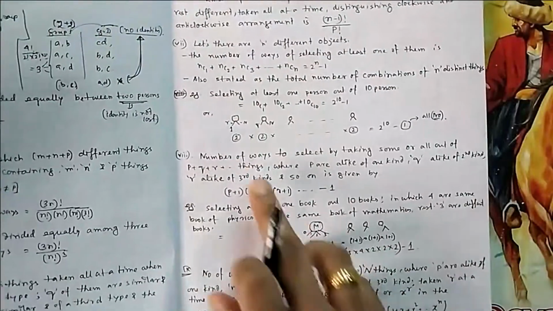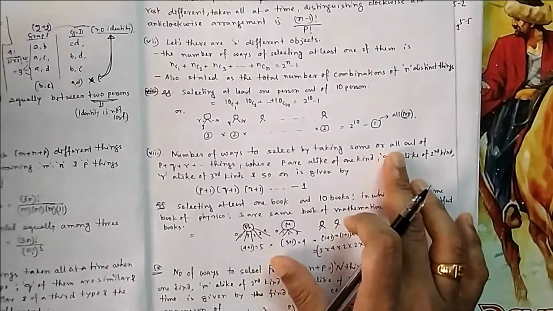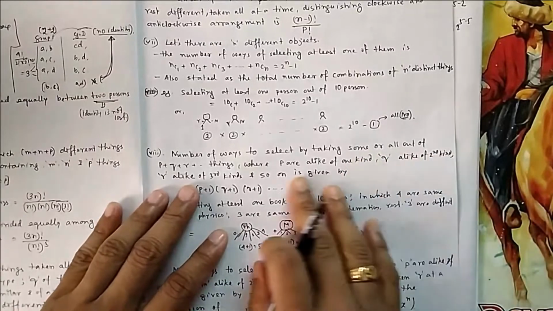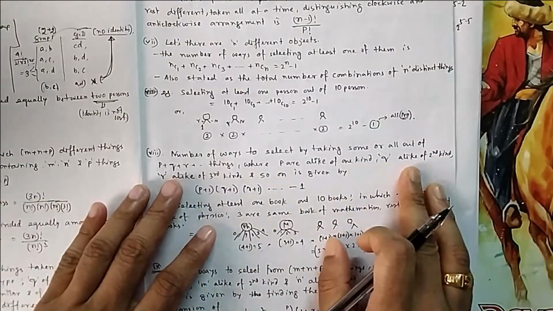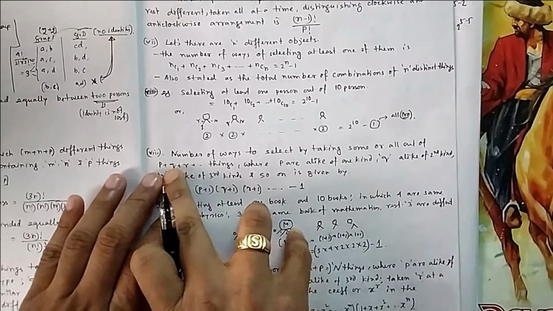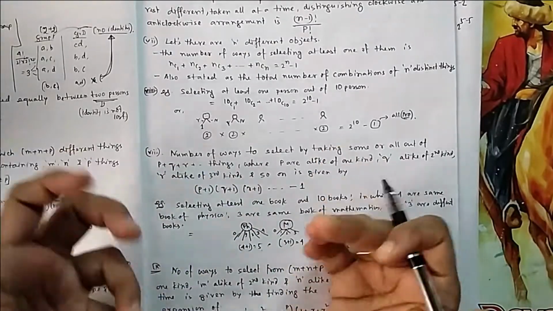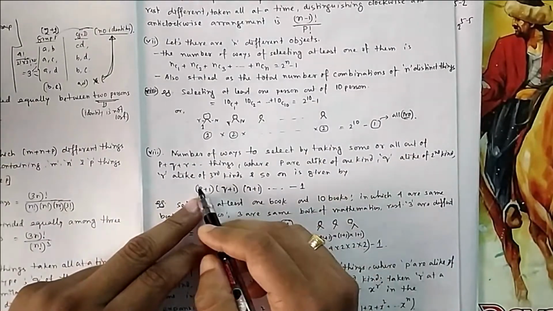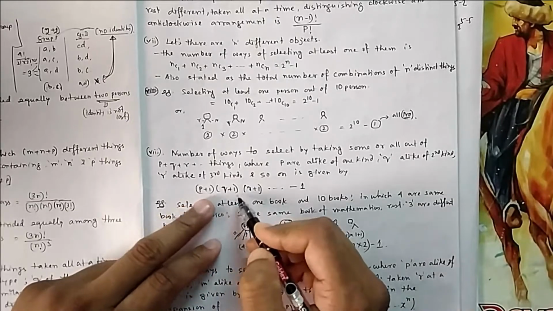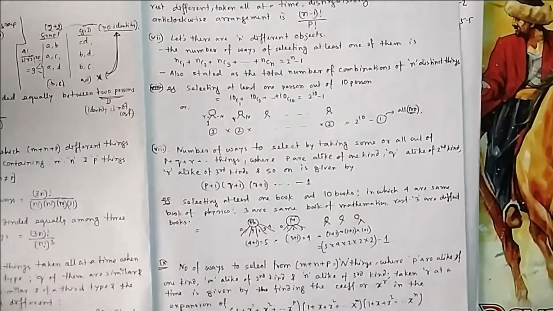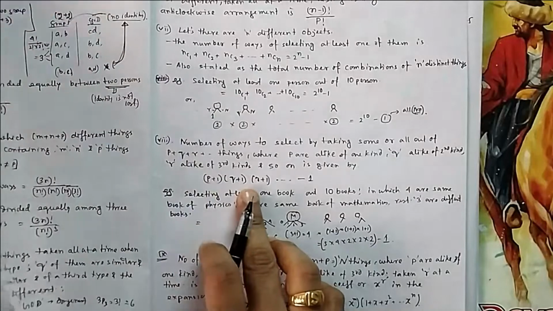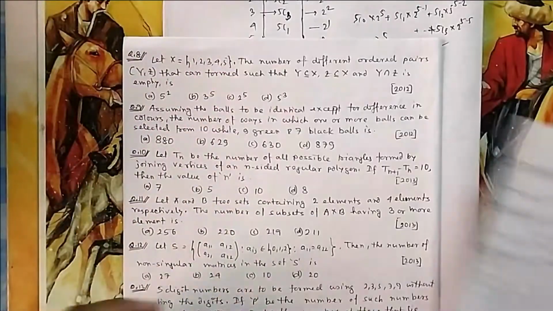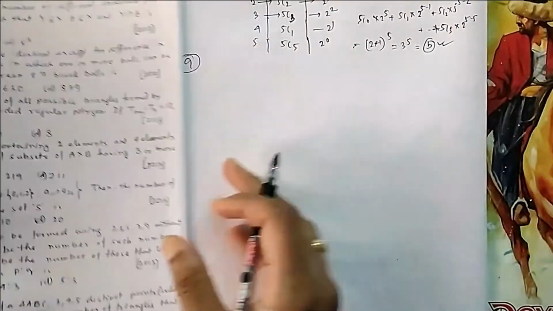You can see the number of ways of selecting one, some or all out of this. That means at least one from these 3-4 different types, but each one having identical balls. So P type, Q type. So P is green. You can think of this and this one. So what is the formula? P plus 1, Q plus 1, R plus 1, minus 1. Why was that minus 1 there? Because you have chosen none at all.